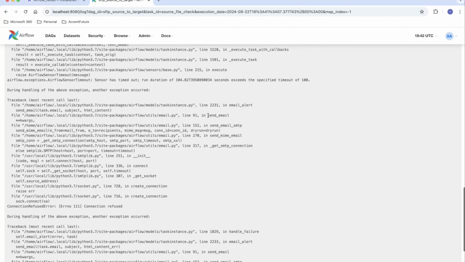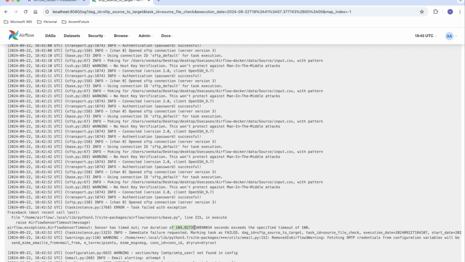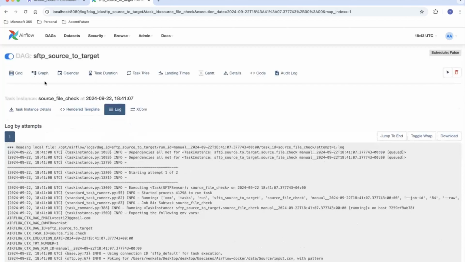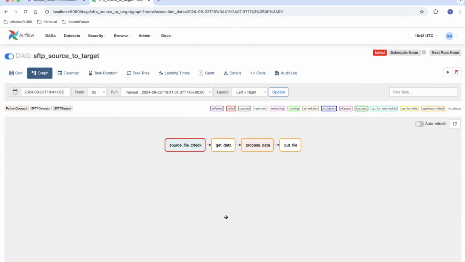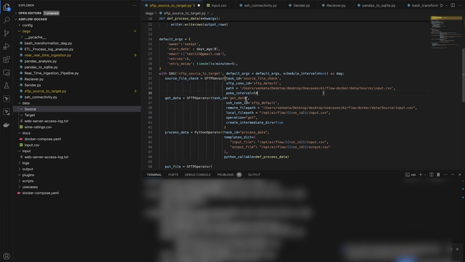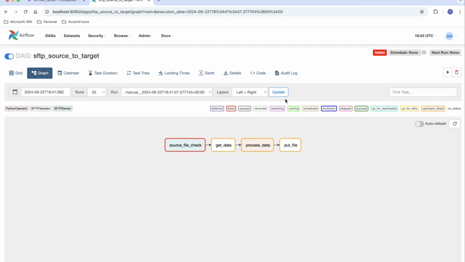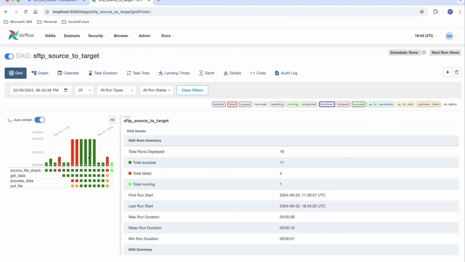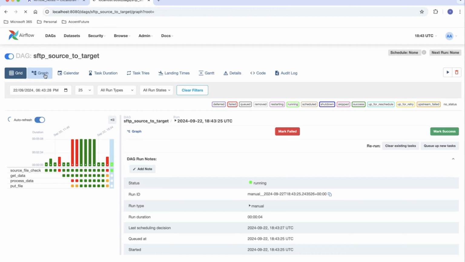Now, the job failed after checking 10 times, after the 104th second. It's a timeout issue. I have an error now. If I go to the graph, it's an error. Suppose I remove this timeout and trigger the job. If you go to the graph,